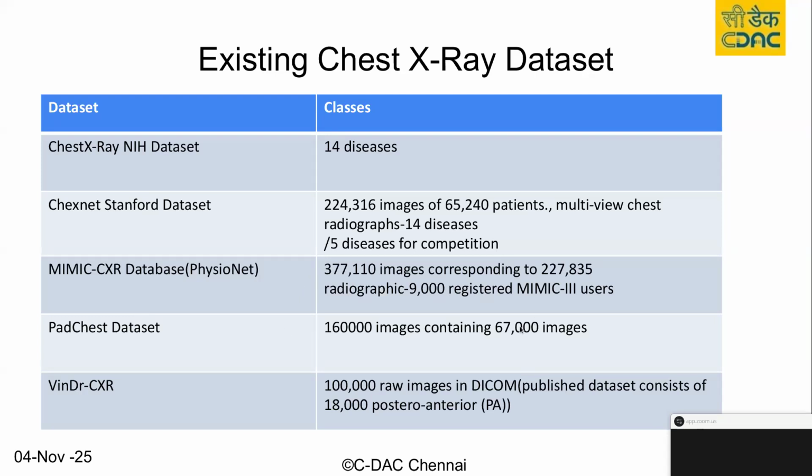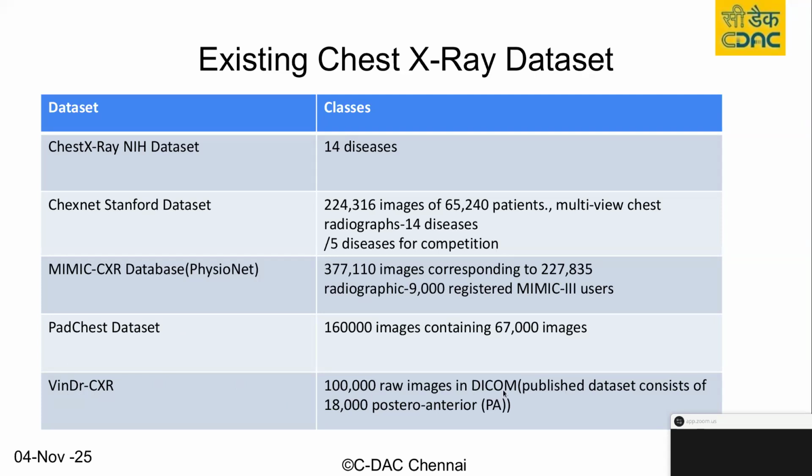The PadChest dataset has 67,000 images, but it has a wide variety of diseases, maybe 52 or 54 disease manifestations. So if you want to try your algorithm to detect multiple diseases, I recommend going for the PadChest dataset. The latest dataset among them is the VinDr-CXR dataset, which is a more recent one, around 2021, and